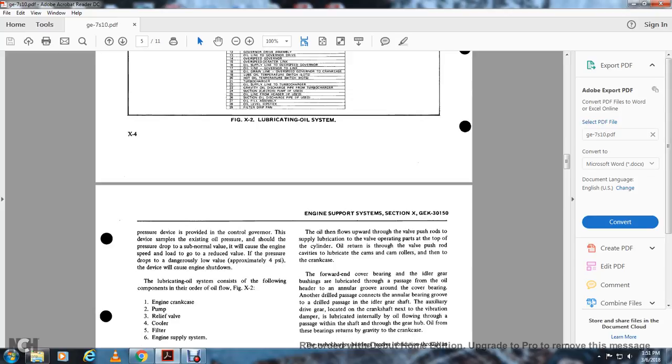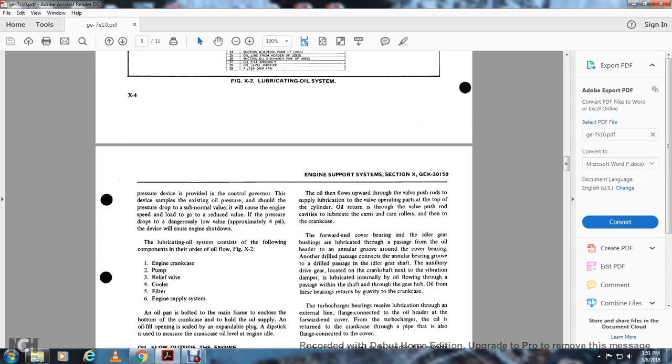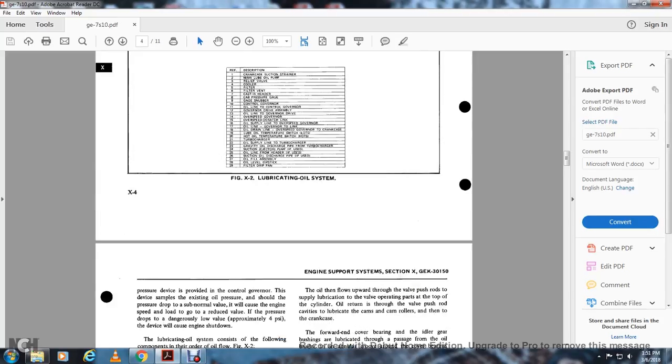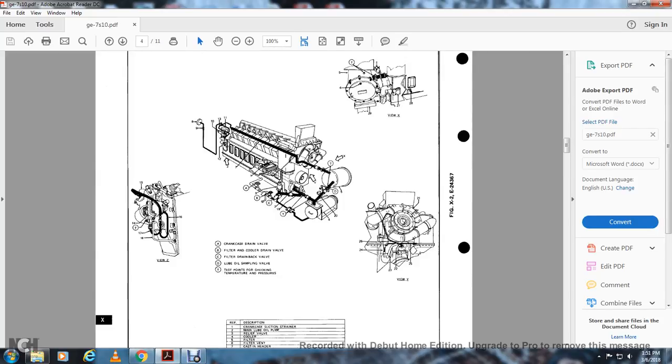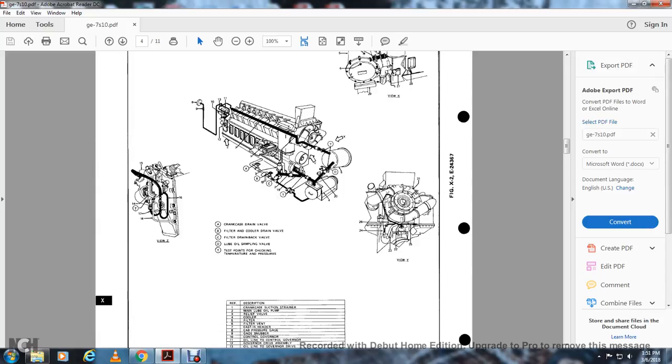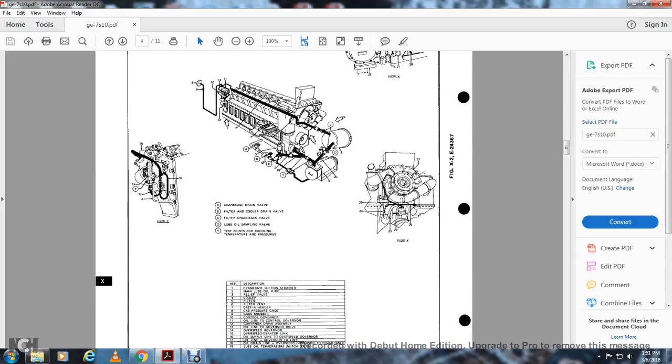The oil flow, figure 10.2, shows the engine crankcase, pump, relief valve, cooler, filter, and engine supply system. 1 is the crankcase suction strainer, 2 is the main oil pump, 3 is the relief valve, 4 is the cooler, 5 is the filter, 6 is the filter vent, 7 is the casting header, 8 is the cab pressure gauge, 9 is the gauge snubber, 10 is the control governor, 11 oil line to the control governor, 12 governor drive assembly,